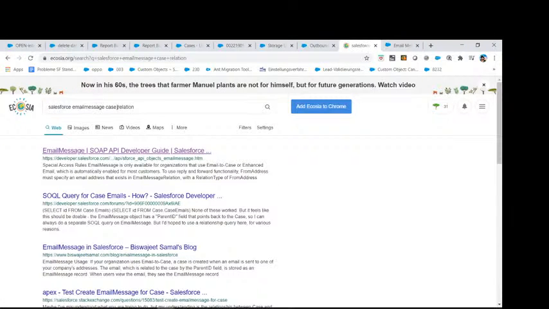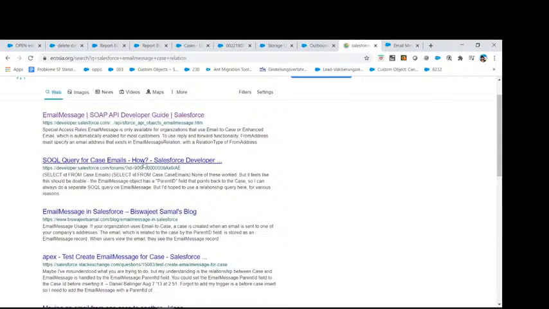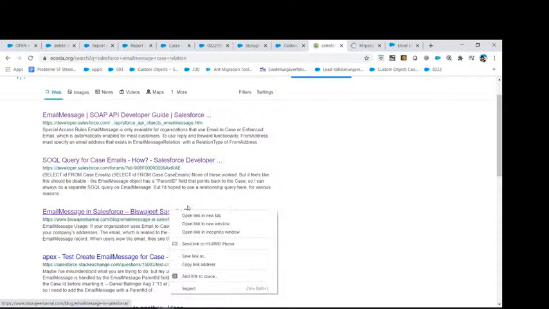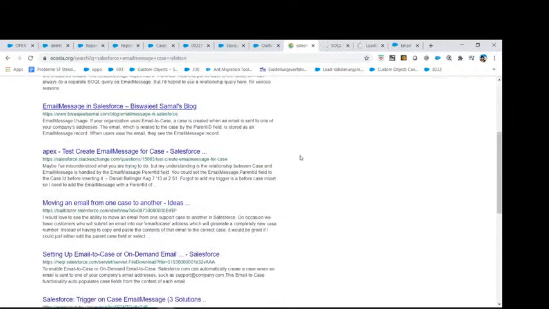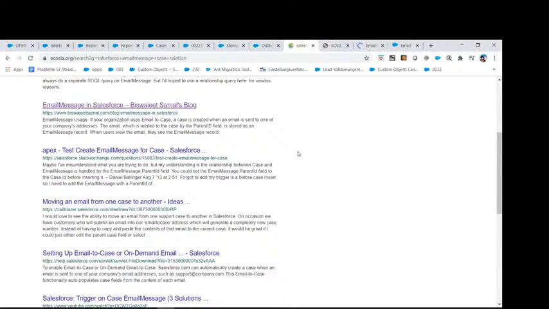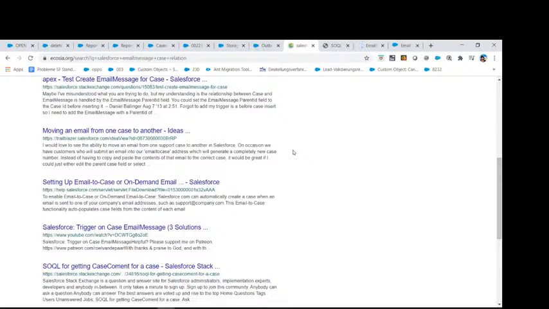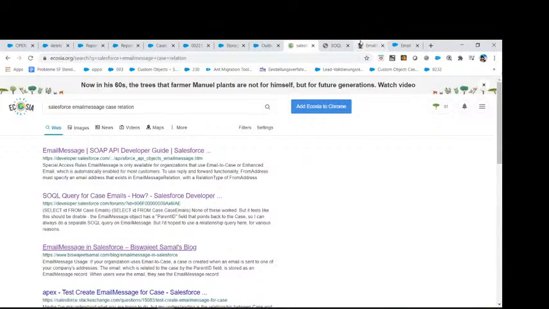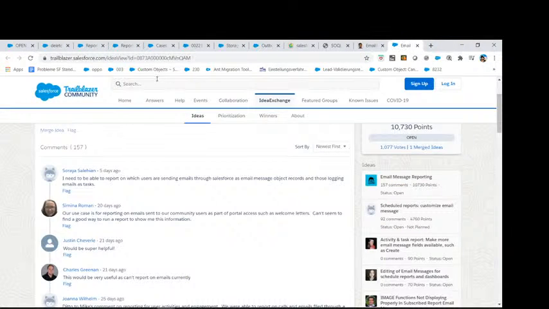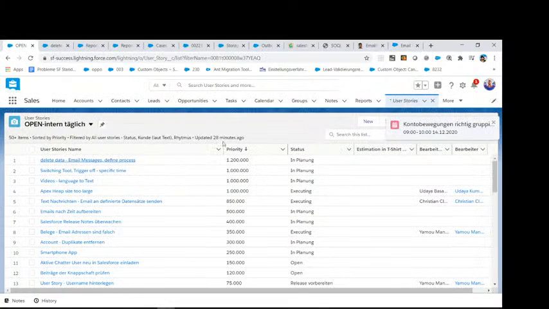But I want to have the relation between cases and email messages, so I will just get one case to another, setting up email-to-case or on-demand email. It's an issue in our environment. That's why I will solve it for our environment. But also it's an issue for the community.